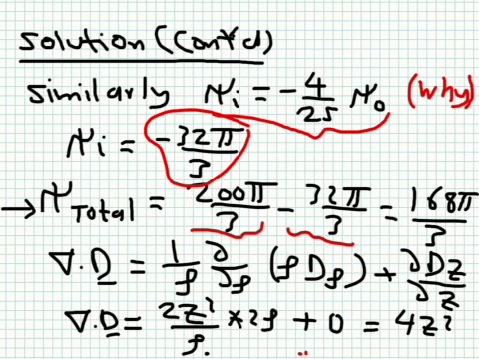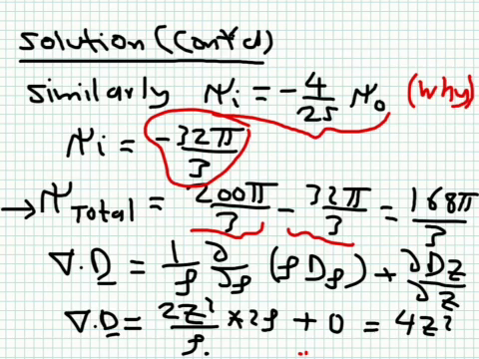You could see this one took 4 integrals in order to calculate the flux coming out from that surface. But the divergence theorem tells us we could have saved lots of time by getting the divergence of D, the divergence of the vector, and then integrating it over the volume, and we just have one integral. So the divergence here in this case, because the function is a function of rho, it has d rho and